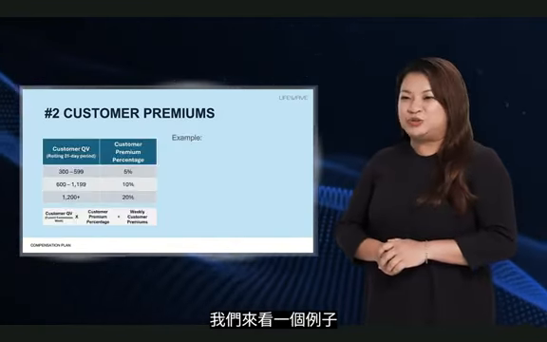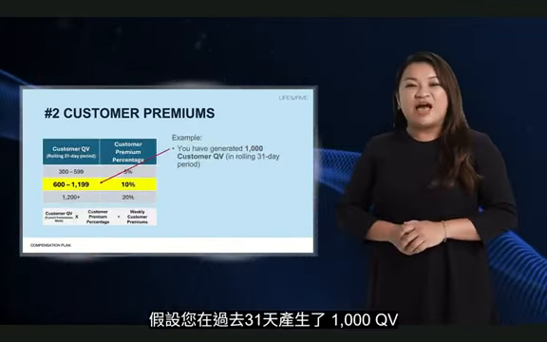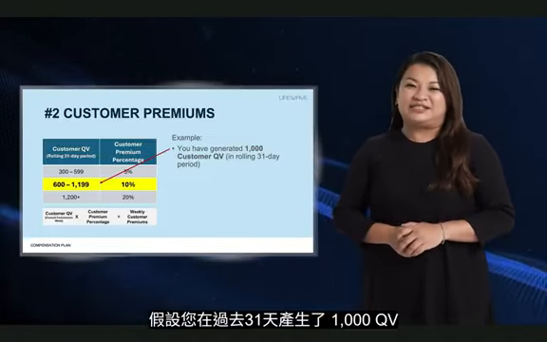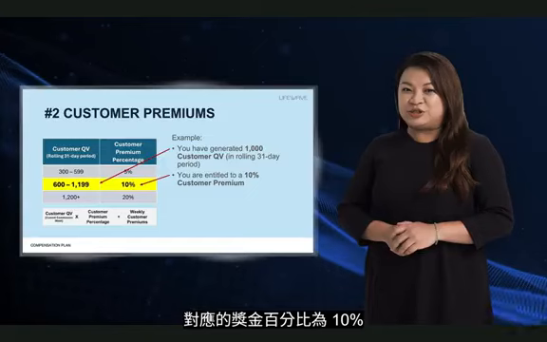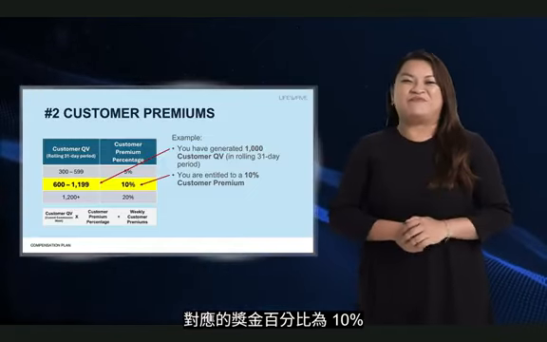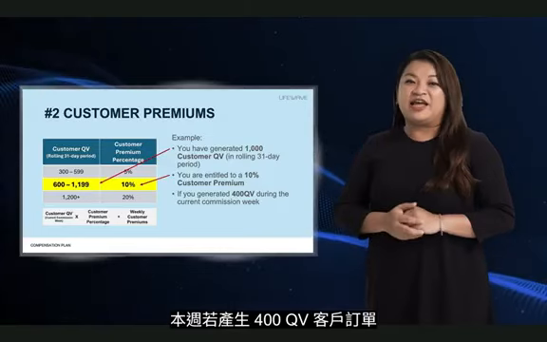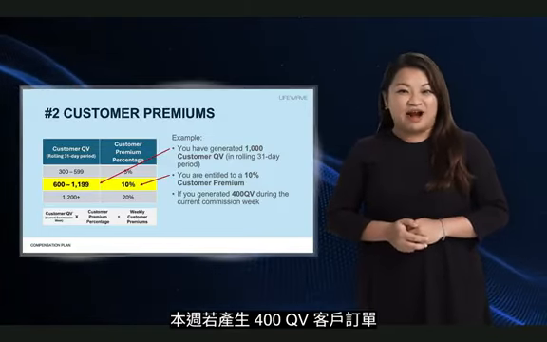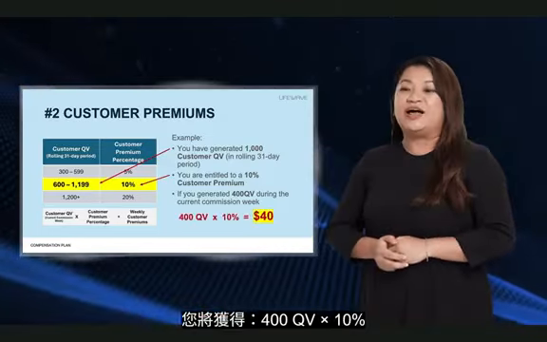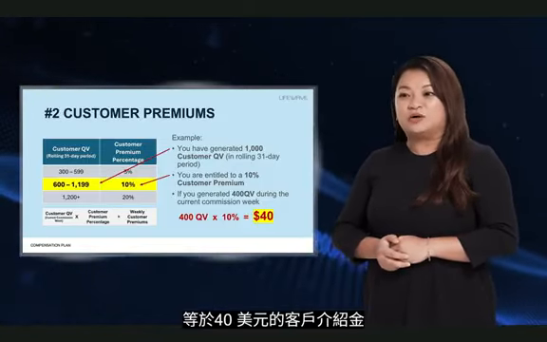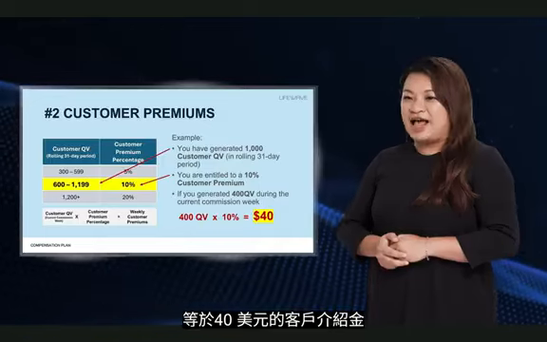Now let's walk through an example. Say you have generated 1,000 customer QV in the last 31 days, and that puts you at a 10% premium rate. Now if you generate 400 QV in customer sales during the current commission week, you will earn 10% of 400 QV, which equals $40 in customer